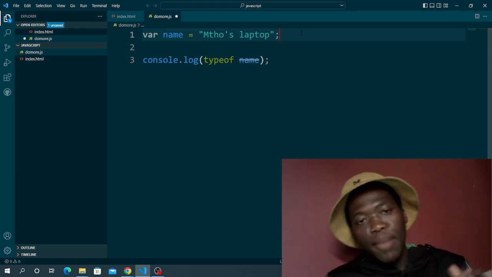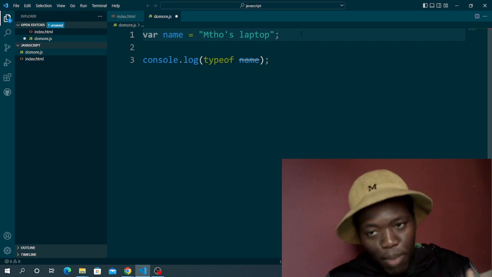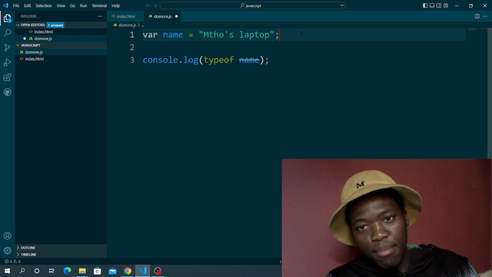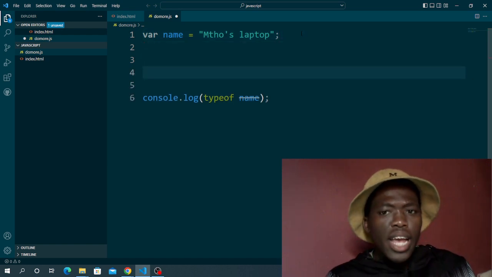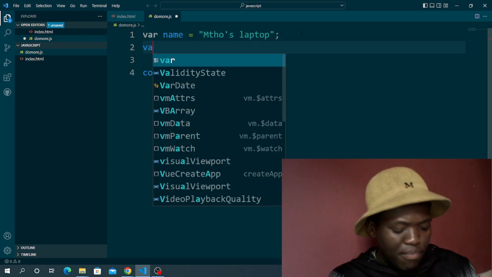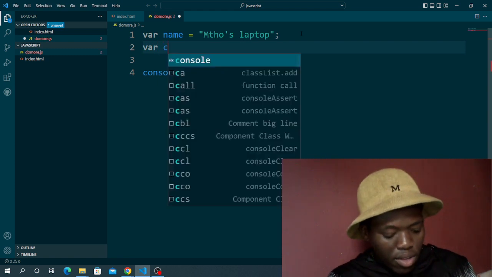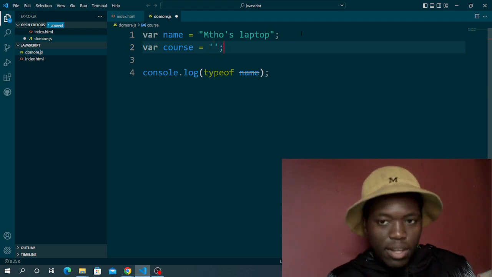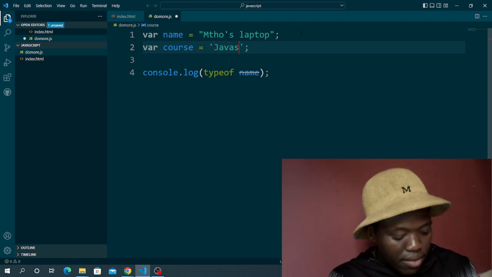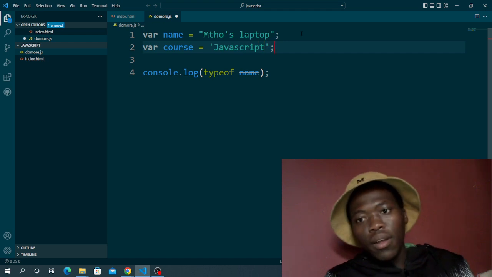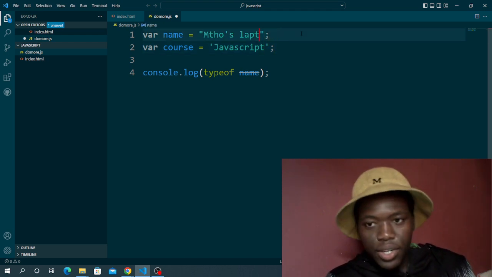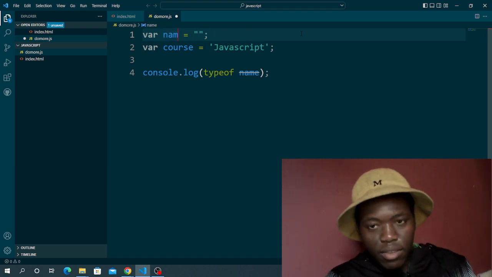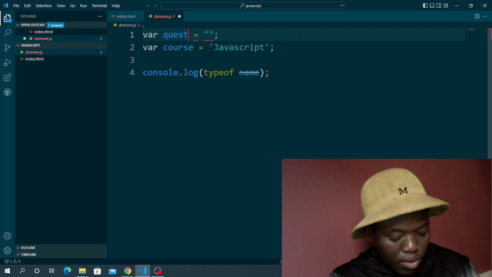So let's just say maybe I want to combine text, right? We can combine text with the plus symbol, right? And then let's just say I've got the course that I'm doing. I can just say JavaScript, and then change here, and then maybe ask a question. I'm just going to call this question, and then question,